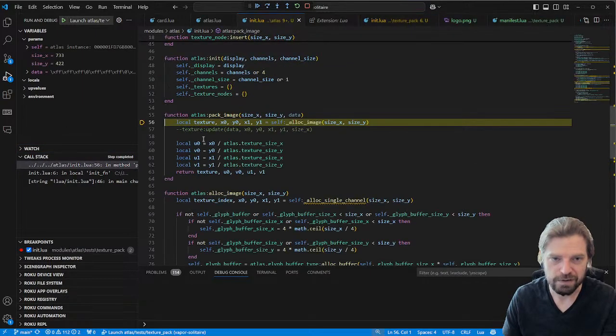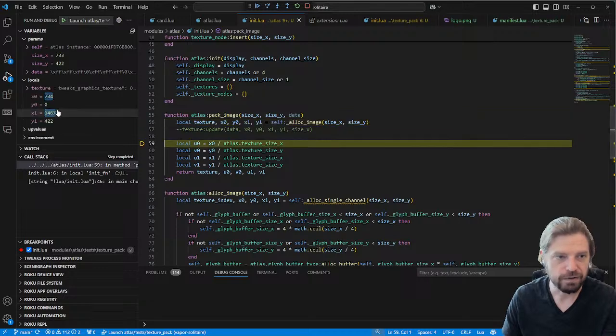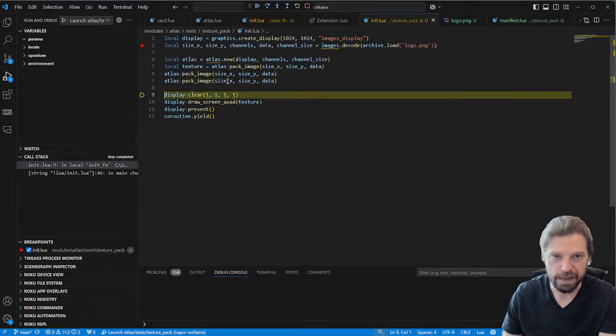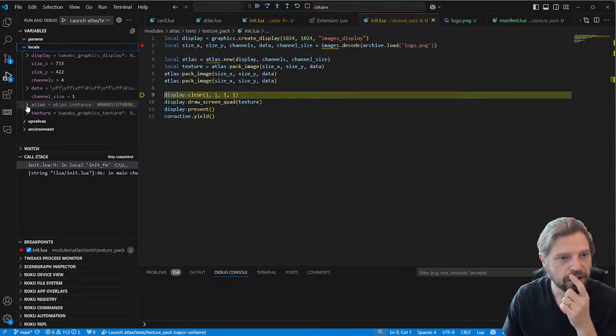We're going to go pack that same image again. Let's see how it did it. Okay, yeah, so it shifted it a little bit to the side, but both of those got packed. The texture is going to be all black because we haven't actually done anything, but we did fill up this atlas. And then if you're just curious to see more of the